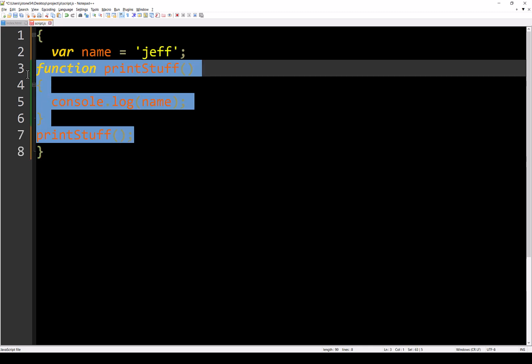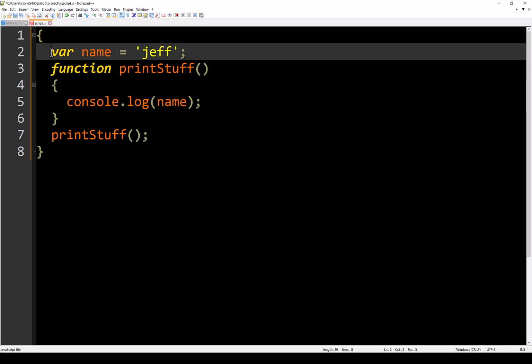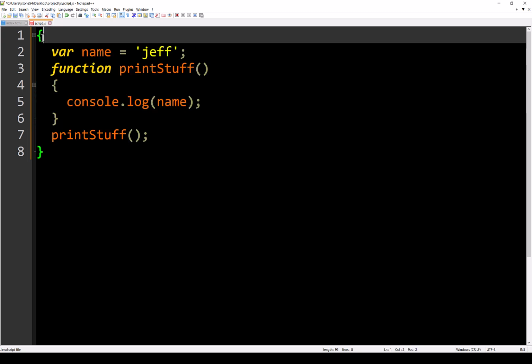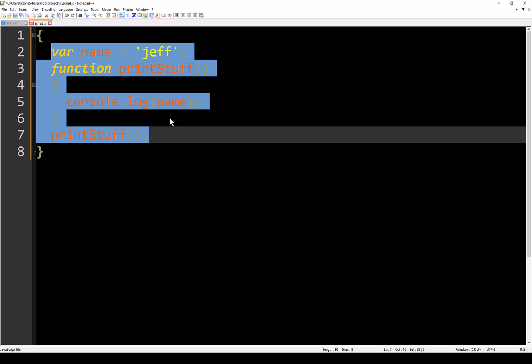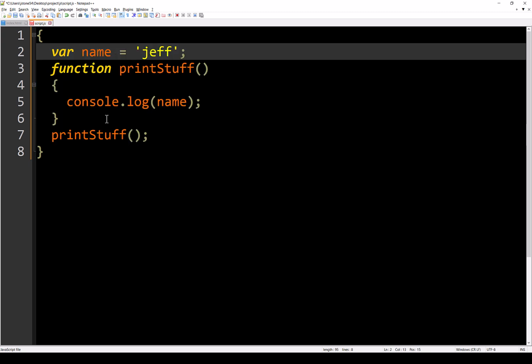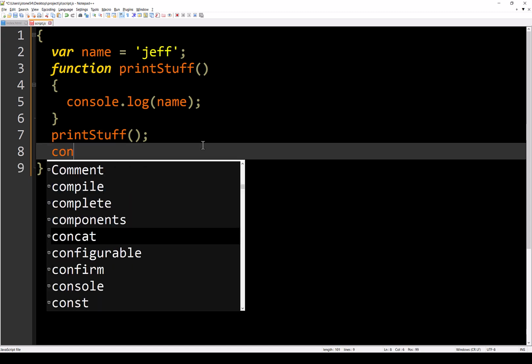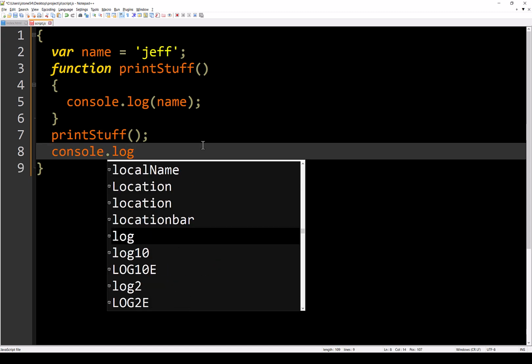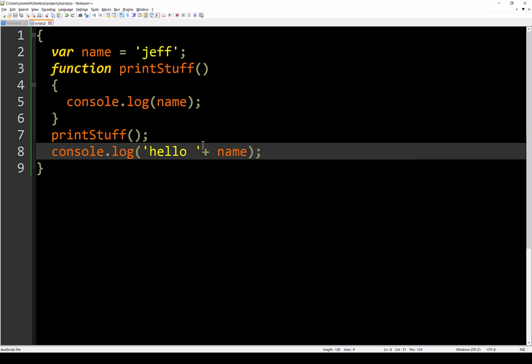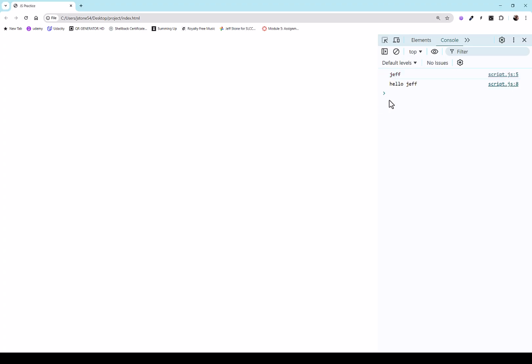Wherever this is declared, it's in these curly braces. So that means anything inside of those curly braces can get to that variable. That's why it works in the function there. I can also access it down here where I can say console.log hello name. And of course, when I refresh, we get hello Jeff.